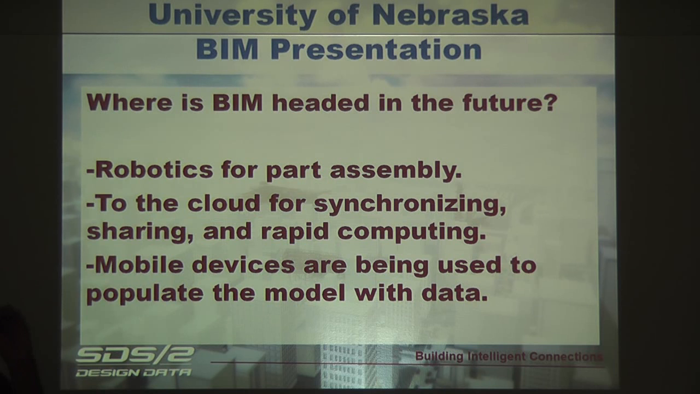Cloud computing is the horsepower, and BIM 360 is the storing place of all of this information for the various disciplines that use the Autodesk software. That's kind of where it's headed. So, internet-based,